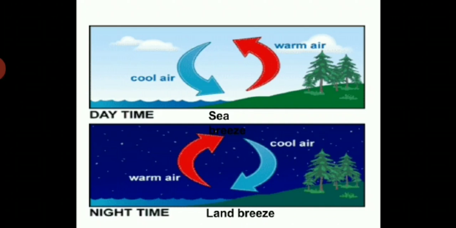So this is again daytime and night time. Daytime you will have sea breeze, and night time you will have land breeze. This picture should make your concept clear about the convection of heat in air, that is a gas. So convection takes place in liquids and gases. Here we are learning convection of heat in air, that is also a mixture of gases. So here you can see this picture.